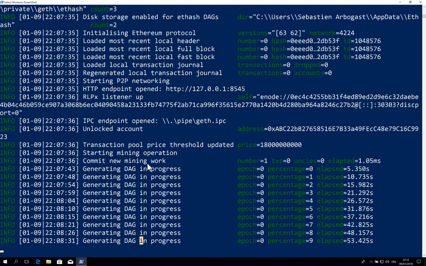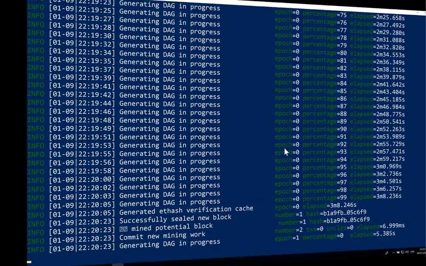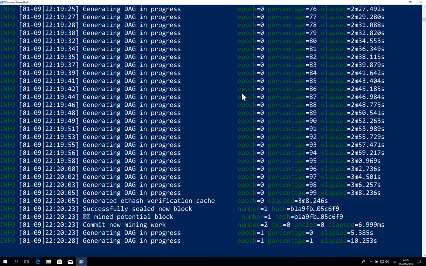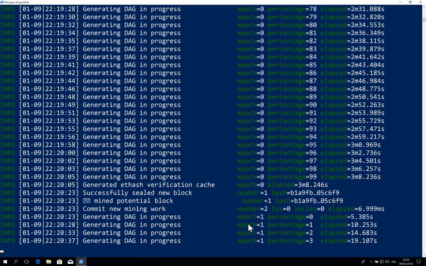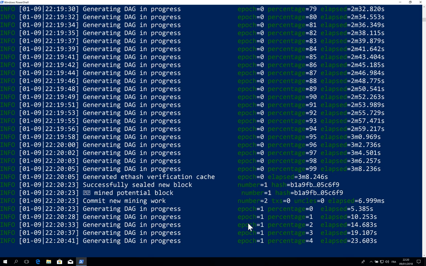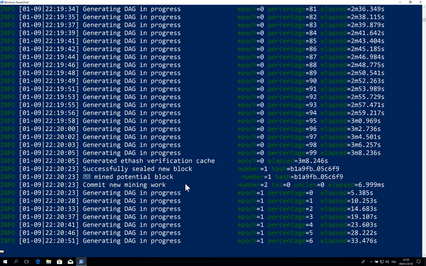So now we will just leave it running and let it go until the end of the DAG generation process, and we'll come back when it's done. So as you can see, once it's reached 100% for epoch 0, it will start mining and calculating the DAG for epoch 1 as well. And again, an epoch is a period of 30,000 blocks. So here it has already started mining